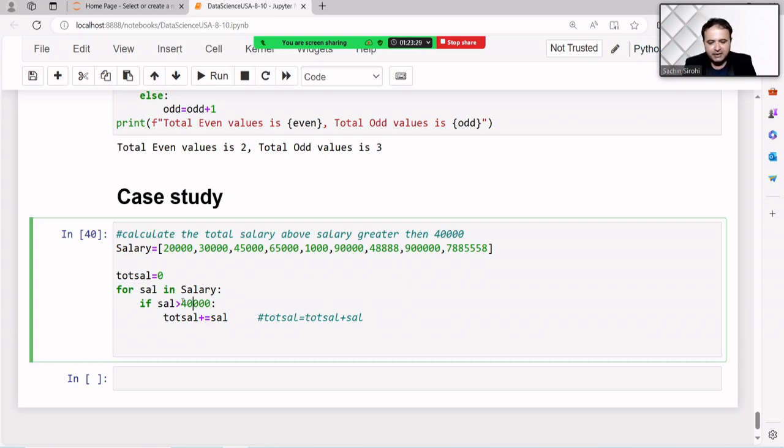If the value is greater, the condition is true. When the condition is true, I want to add the salary into 0. If the salary is not greater, then the first value is not added. This value will be added, 0 plus this one, something like that.